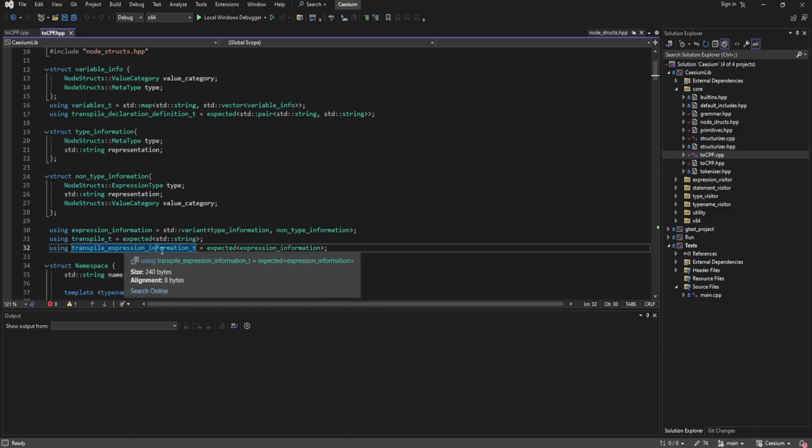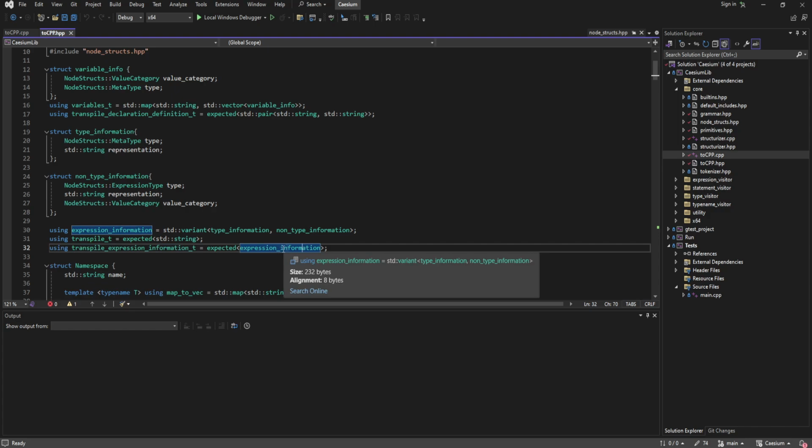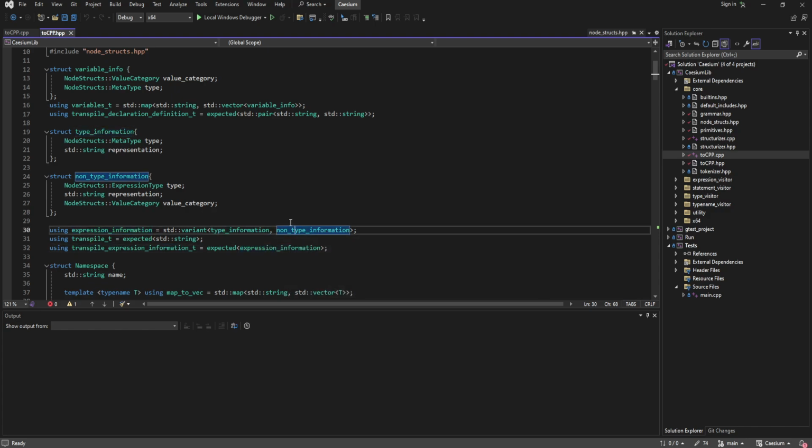So when you try to transpile an expression, for example, you might think that all you want to return is the representation of the expression in C++, but actually you need to return more. So what I return is an expression information. So it's either going to be a type or a non-type. So if it's a variable, for example, that's a non-type. If it's a type name, that's a type information. It's that simple. So they both have a meta type